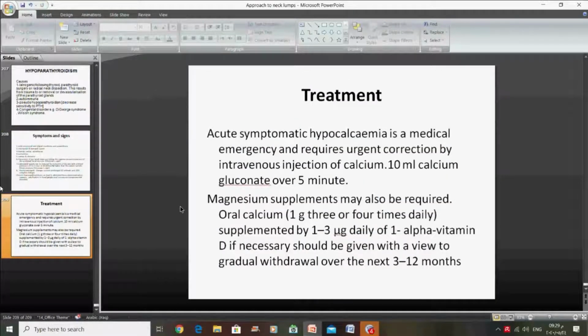Treatment: acute symptomatic hypocalcemia is a medical emergency and requires urgent correction by intravenous injection of calcium. 10 ml calcium gluconate over 5 minutes. Magnesium supplement may also be required. Oral calcium 1 gram 3 to 4 times daily, supplemented by 1 to 3 microgram daily of alfacalcidol, vitamin D, is necessary. زين. المريض وراء